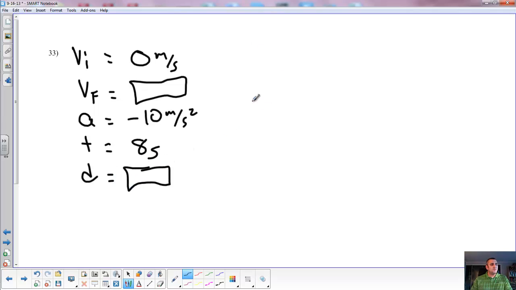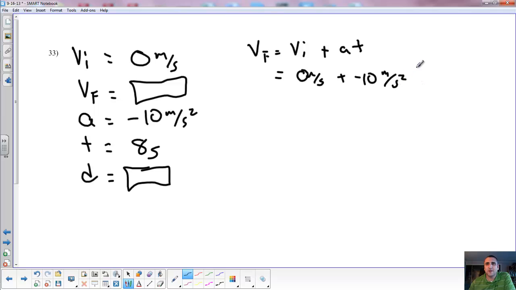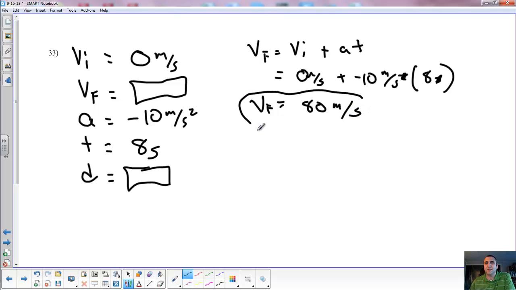So we're going to actually have to solve two different equations here. First one for VF, let's do the easy one. VF equals VI plus AT. So the initial velocity is 0 meters per second plus A, which is negative 10 meters per second squared times 8 seconds. Once again, I hope you're picking this up at this point. That seconds cancels with one of those seconds, and the final velocity will be negative 10 times 8, which is 80 meters per second. So it's about the size of a football field